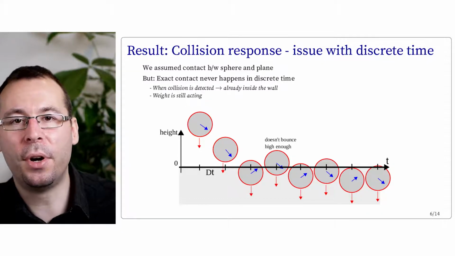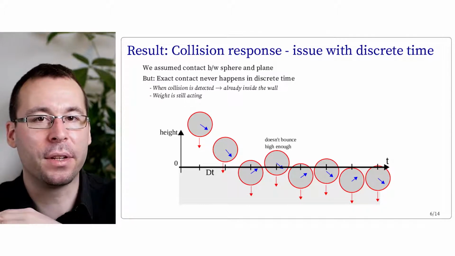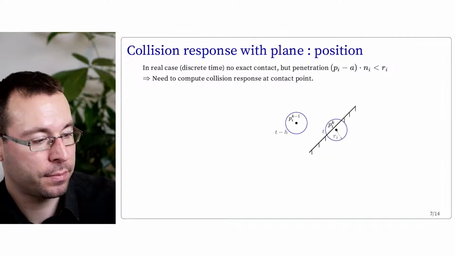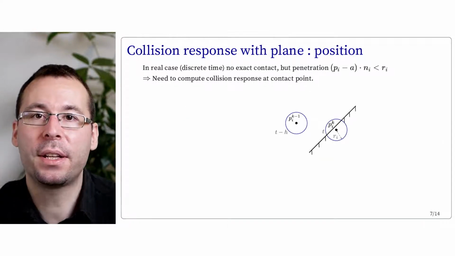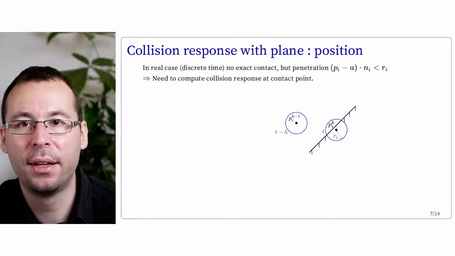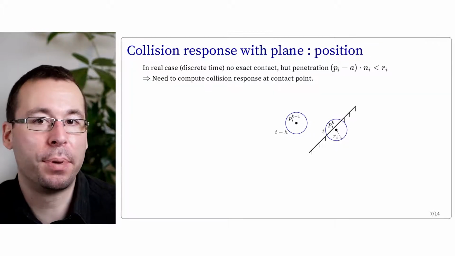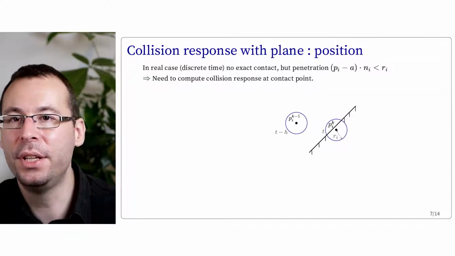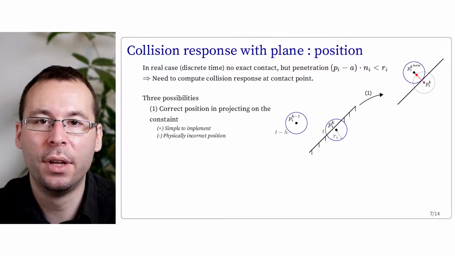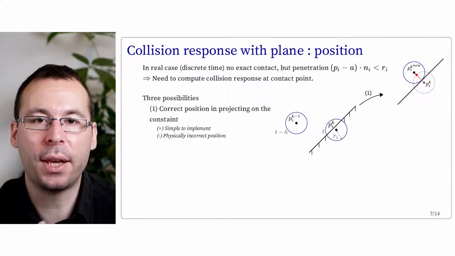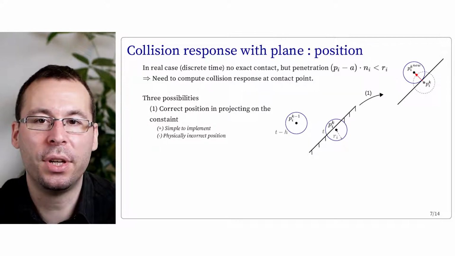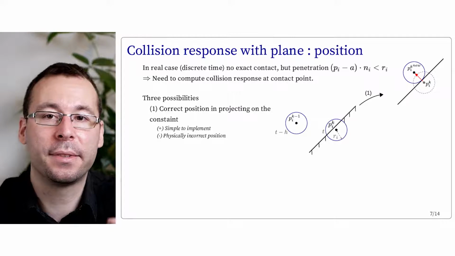So if you want to really avoid the possibility of the sphere to pass through the wall, then we can also modify its position. And there is actually several ways to compute the new position, such that the sphere doesn't intersect with the plane. The first possibility, which is the most simple to set up with even complex geometry, is to displace the object out of collision as straight as possible. So in the case of a sphere and the plane, we can move the sphere in the direction of the normal of the plane, such that the new sphere position is in contact or just above contact.